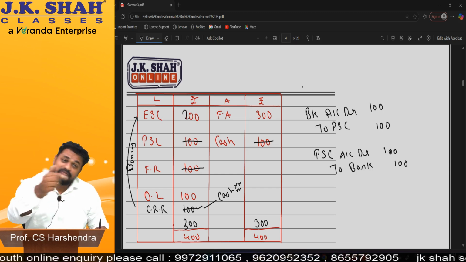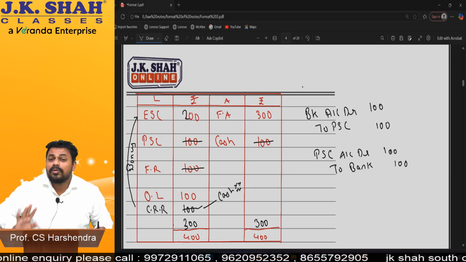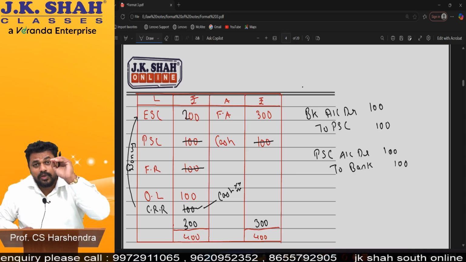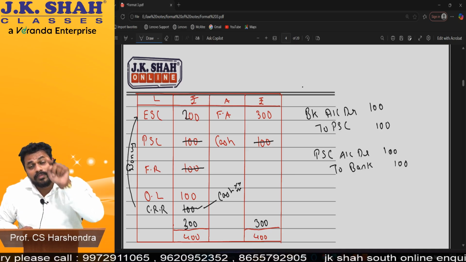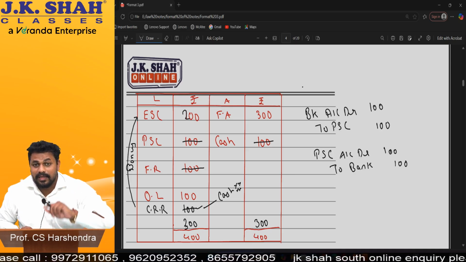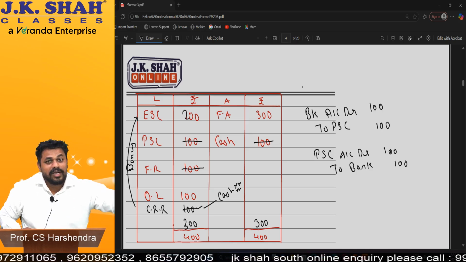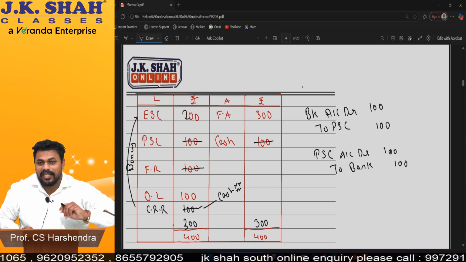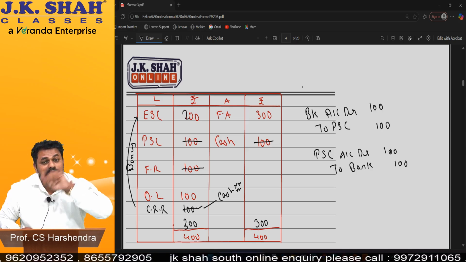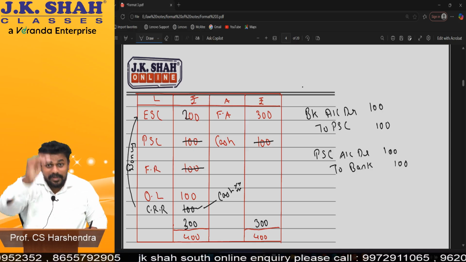Answer: if you do this, okay, no problem. But what does the law say? Your creditors have given loans on the basis of your capital. And capital denotes your assets, so that tomorrow at winding up they can sell the assets and take their money. So they have given you the loan on the basis of your capital. So your capital should not fall.